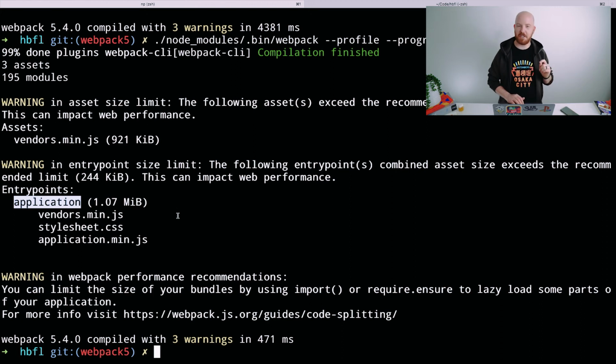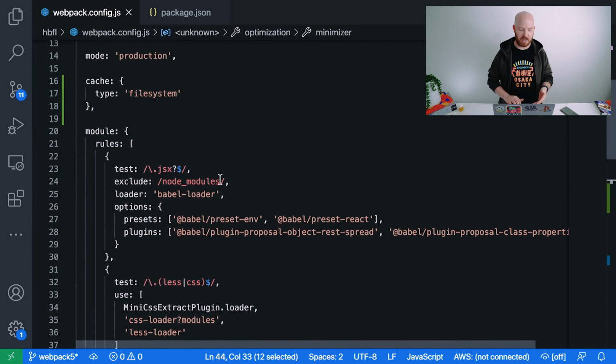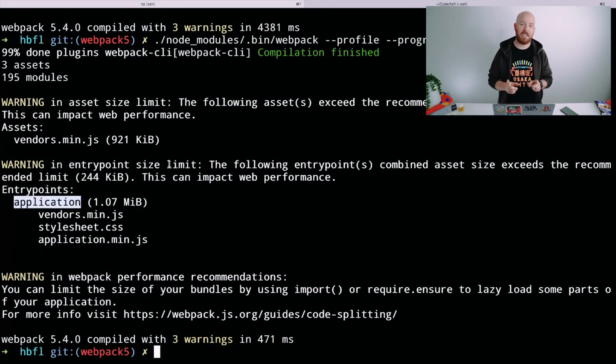I think I may have done something when I was upgrading, when I was modifying my file and changing or removing some of the loaders, that has made the package bigger, because the Webpack release notes say it's supposed to be much better